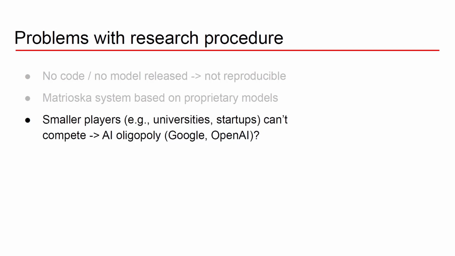And the risk that I see is that we are headed towards an AI oligopoly where the likes of Google and OpenAI are going to be the only ones with enough data, resources, and not necessarily know-how, but actual proprietary models to bring the research forward. And this, for me, is a big, big red flag. I know this goes well beyond the scope of MusicLM itself, and it's something that applies to most of generative AI research nowadays, but it's something that I think we should think about,